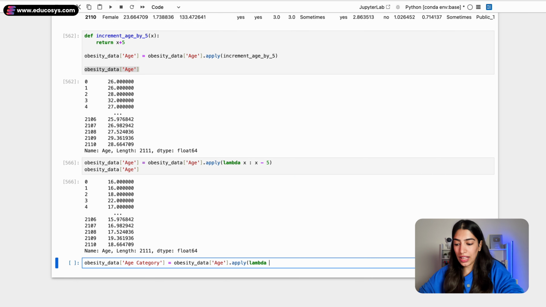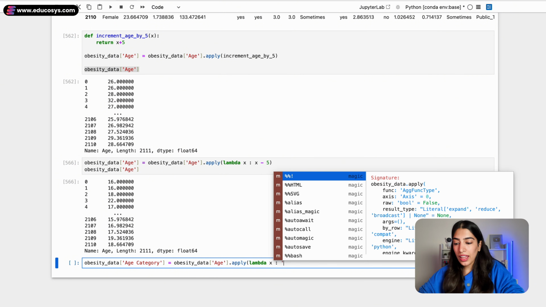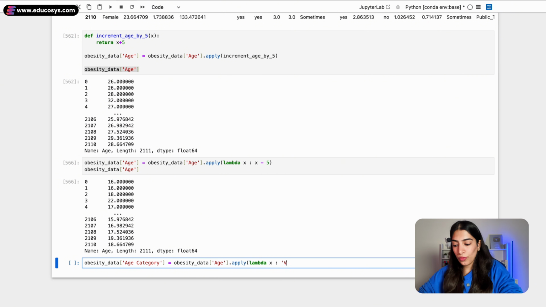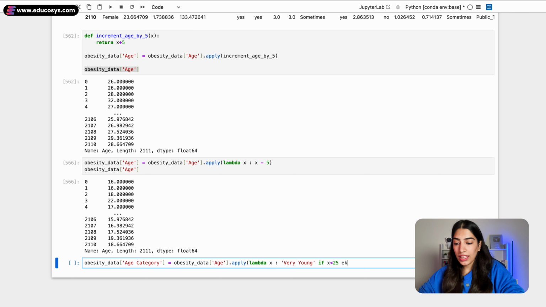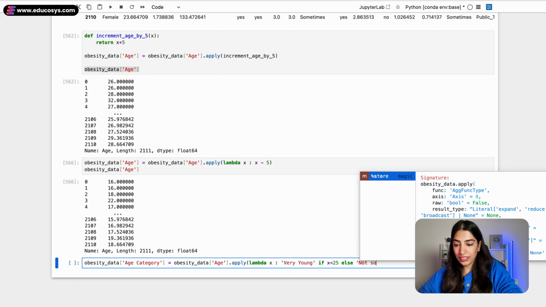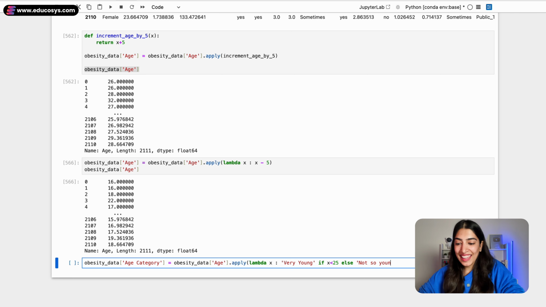Okay, so let's use lambda. Whatever is the value of x, I'm going to assign very young if x value is, say, less than 25. Else I am going to say that you are not so young, you are mature. Okay, and let's try running this,